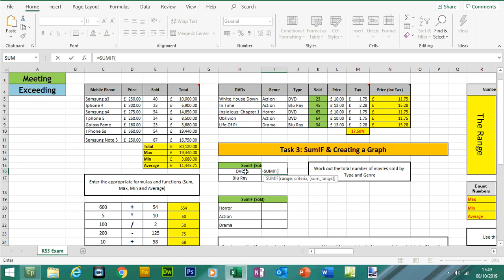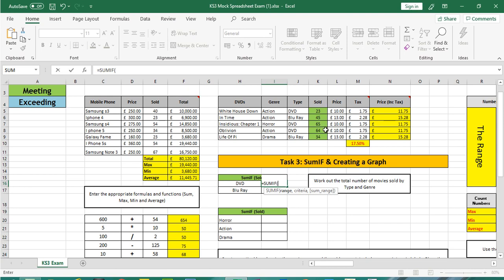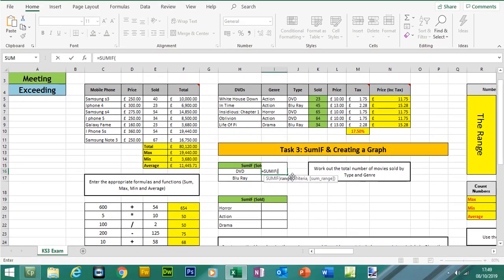Comma, the criteria will be this cell here. And then the sum range is what is it that we want to add from, and it's going to be the sold. So what we're going to be doing is first of all highlighting the range. It's going to be where is the DVD, where is the criteria. It's in this range of cells here. And what we're going to be doing is locking this range of cells, because I'm going to be replicating this